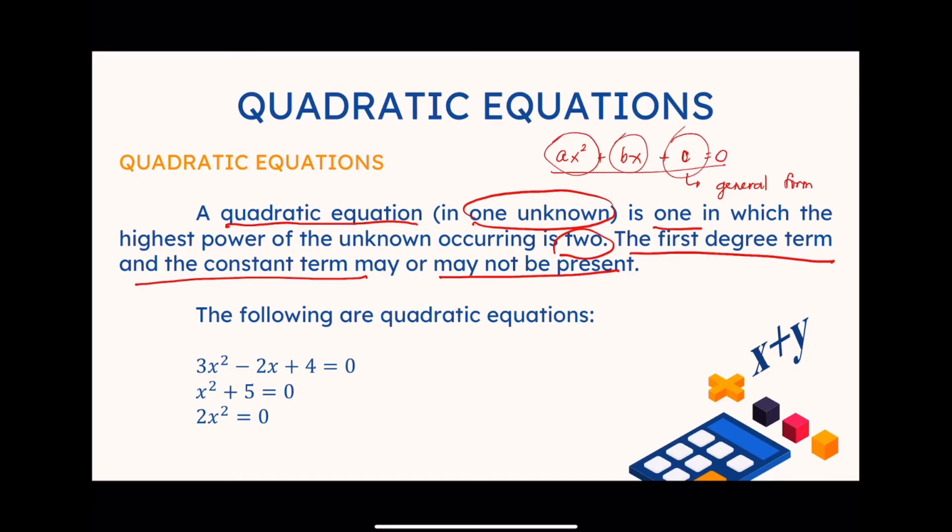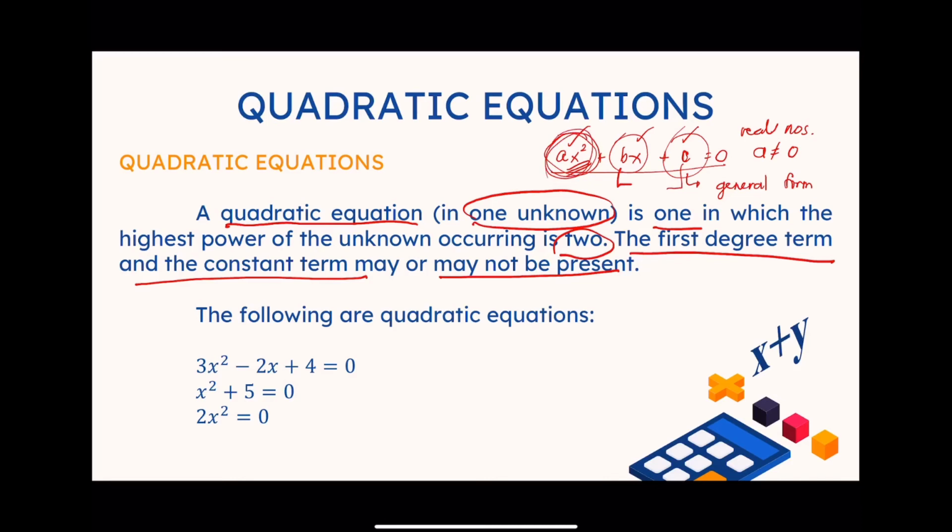A, B, and C here are real numbers, and A cannot be equivalent to 0, because if A is 0, that will lead to an equation that does not contain an x squared, or an unknown raised to 2. That means it will turn your equation into a linear equation. You can have B or C or both to be equivalent to 0, but you cannot have A